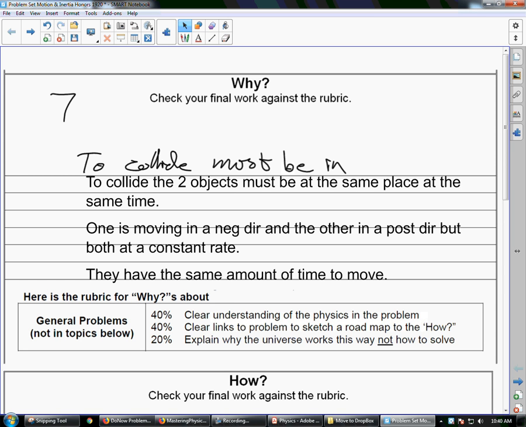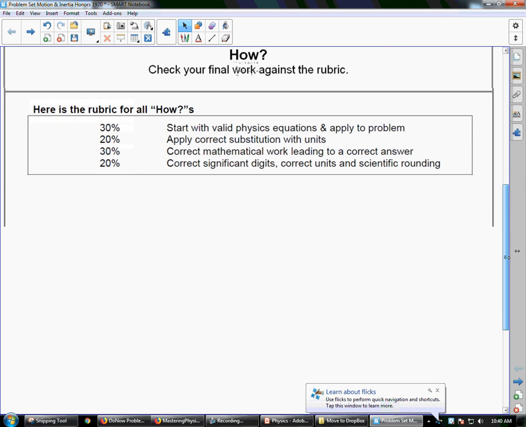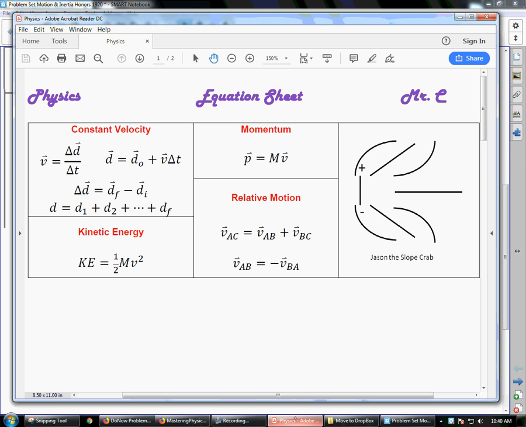How's that? That's good? Does it make sense? Okay. Maybe I can get rid of that. And I think the typing is going to work better than the handwriting. Alright, so now onto my how. And I need to start with valid physics equations. So I'm going to grab my equation sheet. And looking at the problem,